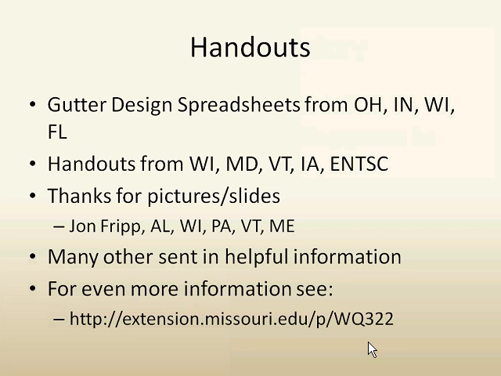Ohio and Florida had very simple spreadsheets, just size of gutters and downspouts. Indiana's and Wisconsin's spreadsheets went into more detail, sizing the tile drain outlet pipe, providing added sheets for things like specs. So these have some very nice features. Check with your area engineers to know what they're using, what they want to use, and these are for taking a look at if you don't have something or you're looking for a tool.